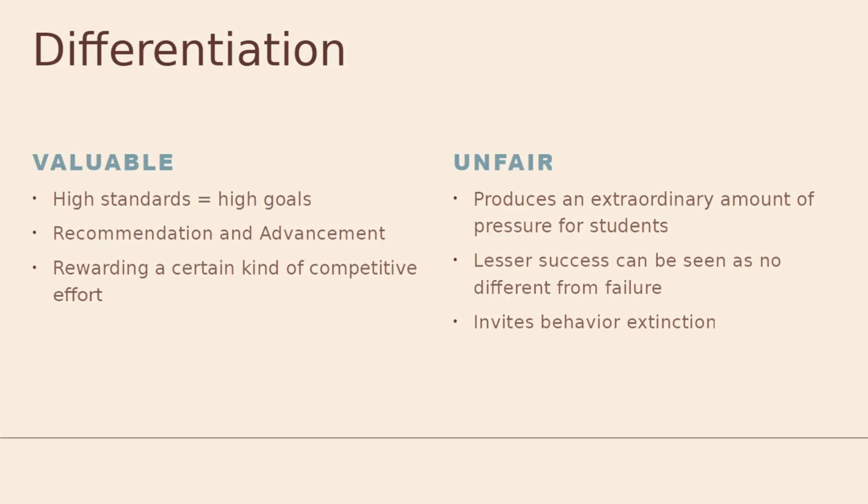And so we don't do as good a job, I think, rewarding people who pass with a B or pass with a C. And instead we see them as potentially like slackers or not doing really what they should. And so these lesser successes, maybe grading and having these grade scales don't allow us to celebrate those as much as we should. And then lastly, and this is one that I do worry about, that it can invite behavior